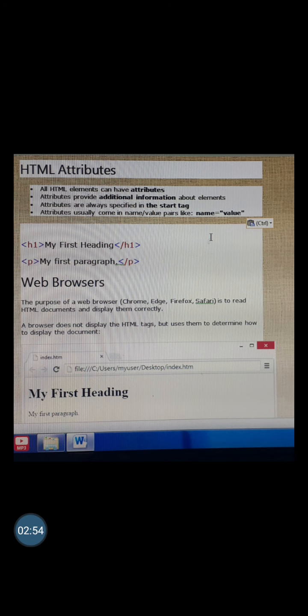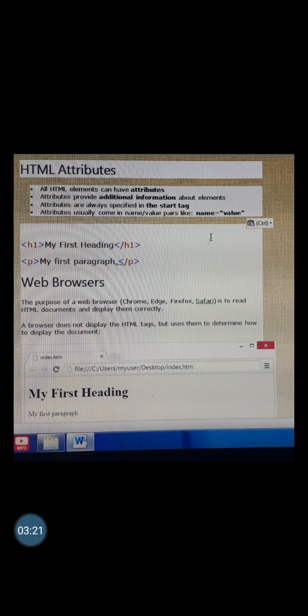Now it's time to understand the requirements for generating a web page and executing it. For all these things, we must need a web browser and a notepad. Notepad is a software where we can write our source code as an editor. This source code can be executed using a web browser.